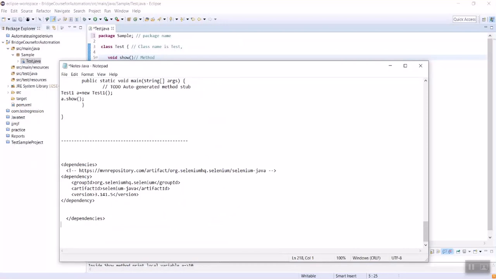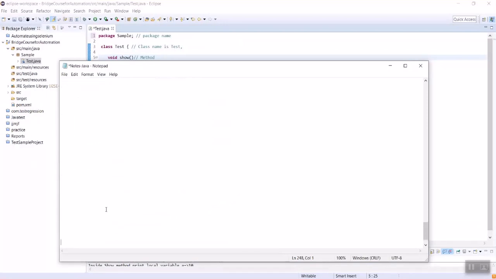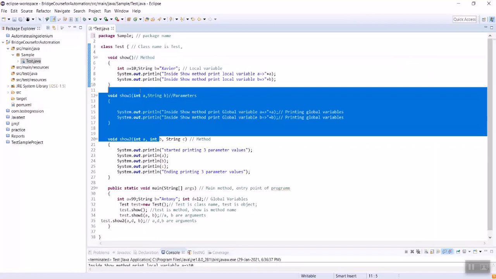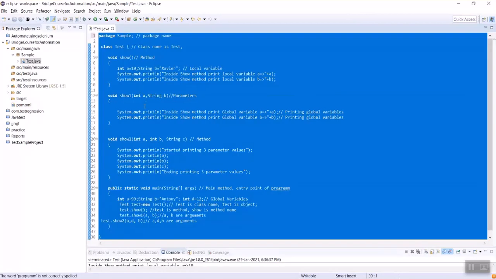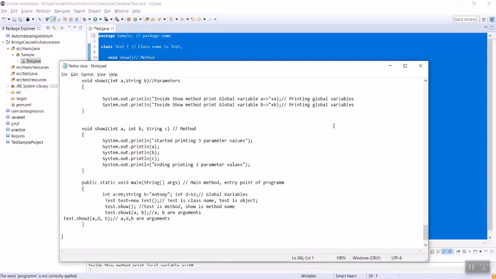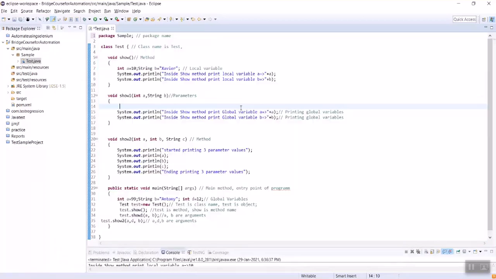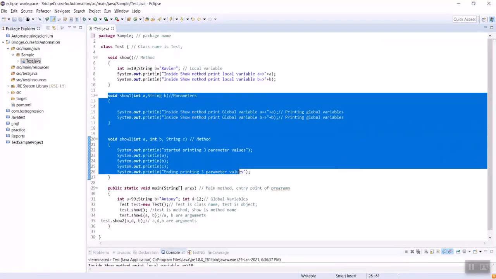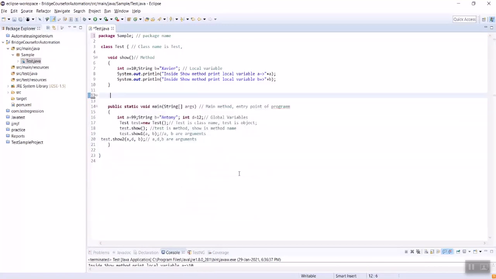Then next, so this is a Maven dependency. So now let's see another example. Let's remove these things.